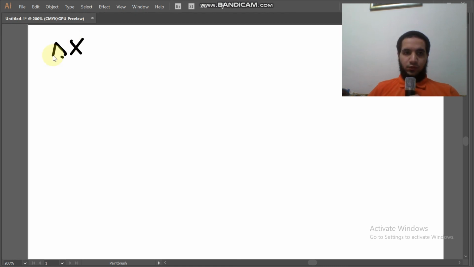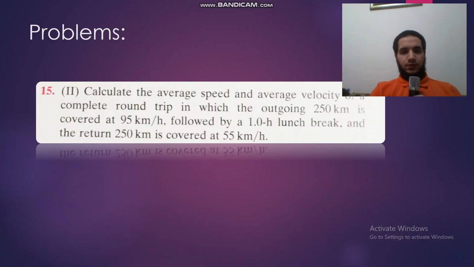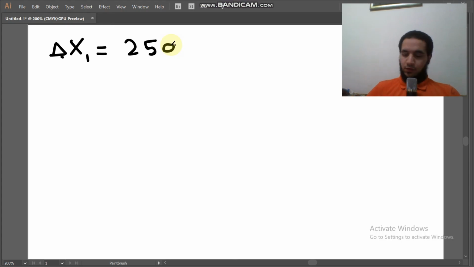So delta x1, because it is a difference in distance, equals 250, and covered at 95 kilometers per hour. So we're gonna state this as v1, because this is a speed. So v1 equals